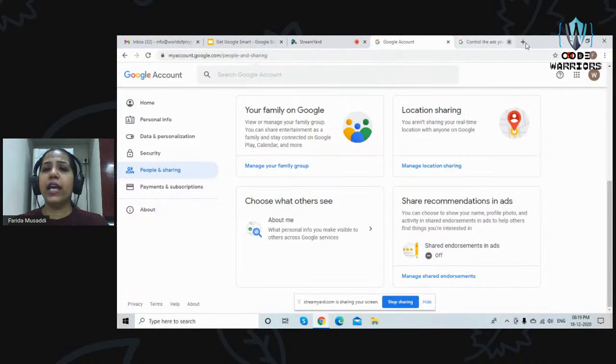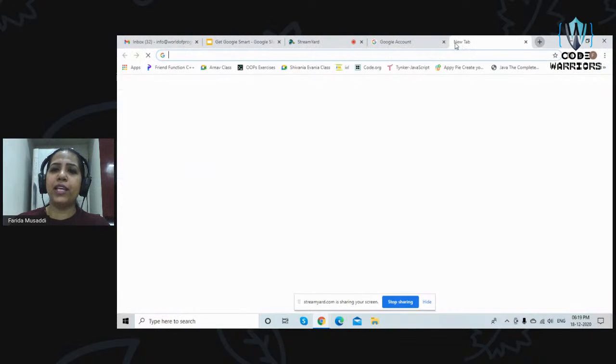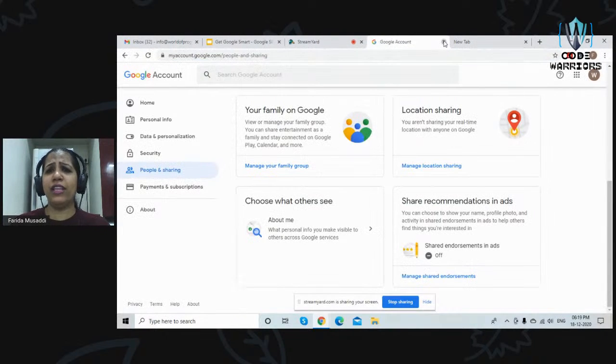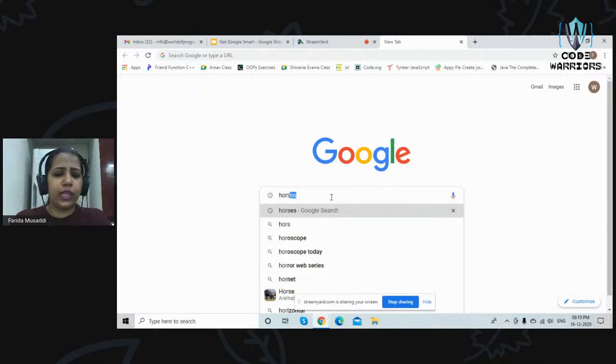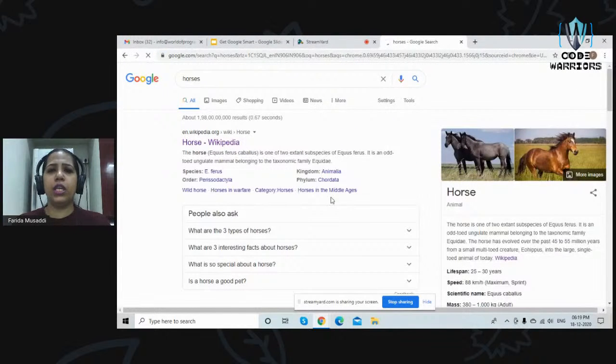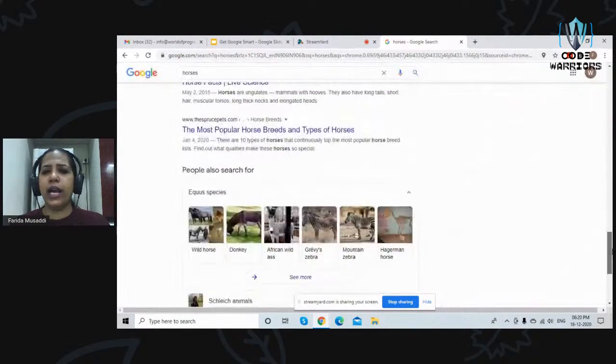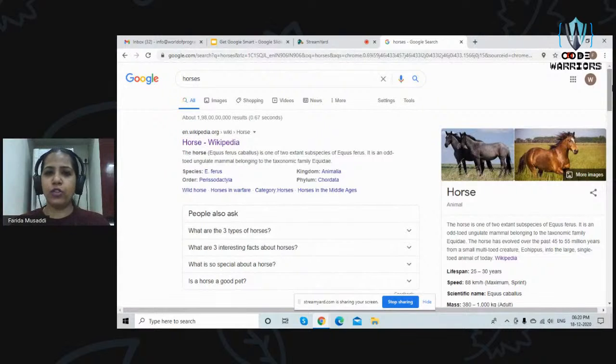Now, moving ahead, we will go to the next application of Google. Again, something very common that we use every day, which is my browser. Anytime you want to search for something, you go to Google and you search for that information and you have it right there. Now, when I come to this page, this is my Google search engine.